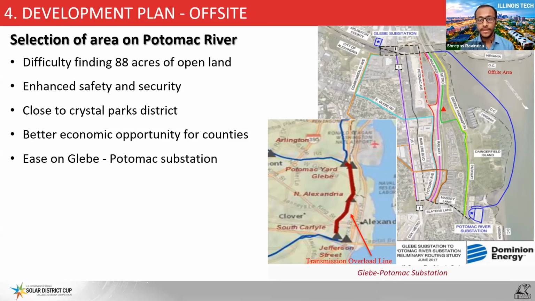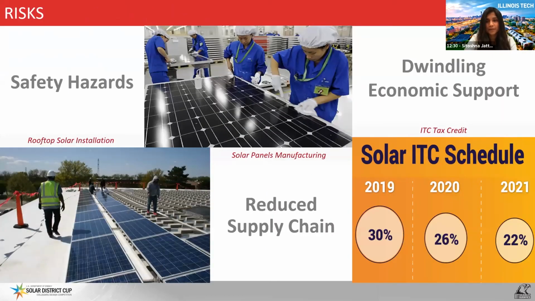Next. Successful deployment of this project depends on the mitigation of safety hazards. This can be done by providing ladders and harnesses for the staff while following OSHA's guidelines. Shortage of skilled workers and a reduced supply chain of solar panels can cause a serious delay in the deployment as well. With COVID-19 lockdowns, many PV panel manufacturers are struggling to keep the production running, while some are experiencing